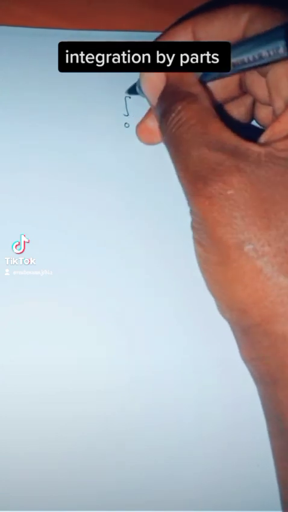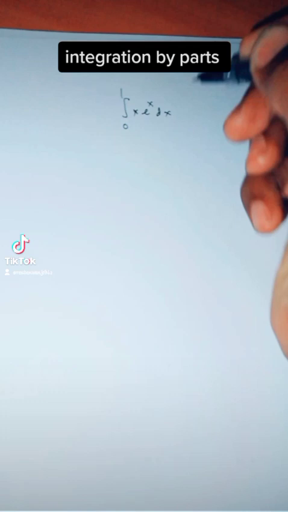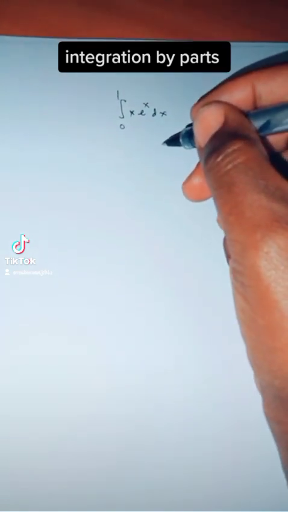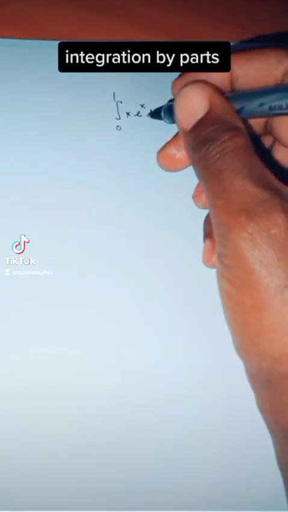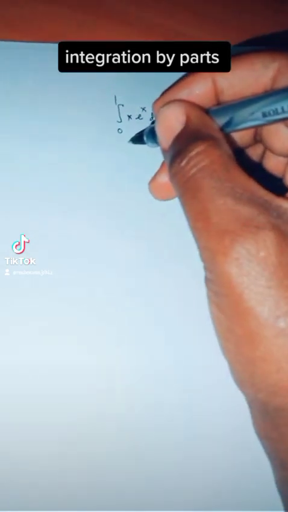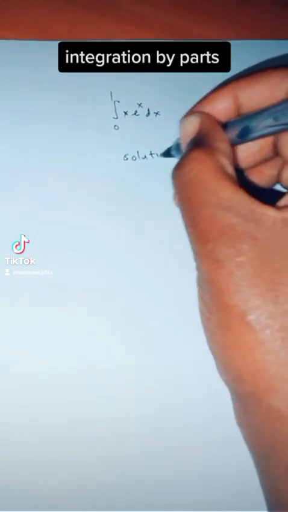Integrate from 0 to 1 x e to the power of x dx. Okay, so I'm going to use what we call integration by parts here to integrate this integral, and it's very easy. Okay, so under my solution tab,